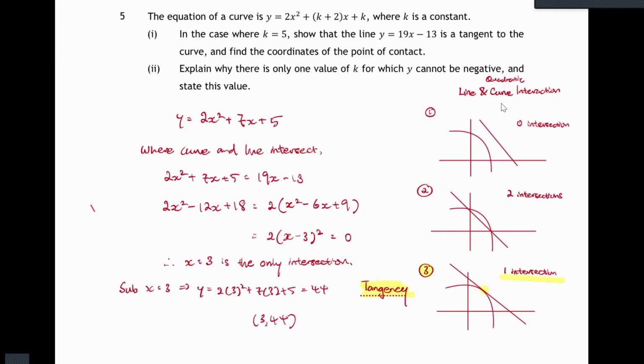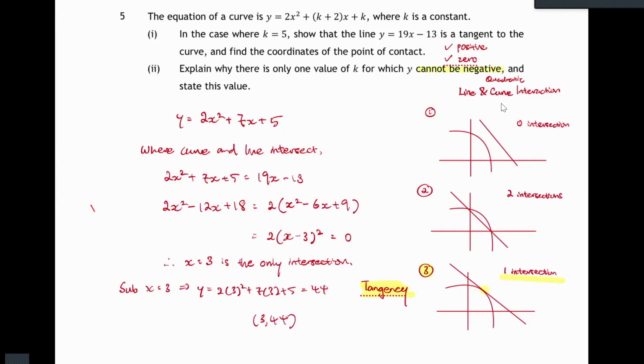Next, y cannot be negative. This one I'll let you all try a bit, but I'll just give a bit of hint. This one is a bit tricky. Cannot be negative, right? There are 3 situations that a number can put itself in for now. Real numbers can only be negative, 0, or positive. So when I say cannot be negative, I'm saying that yes, it can be positive. Yes, it can be 0.